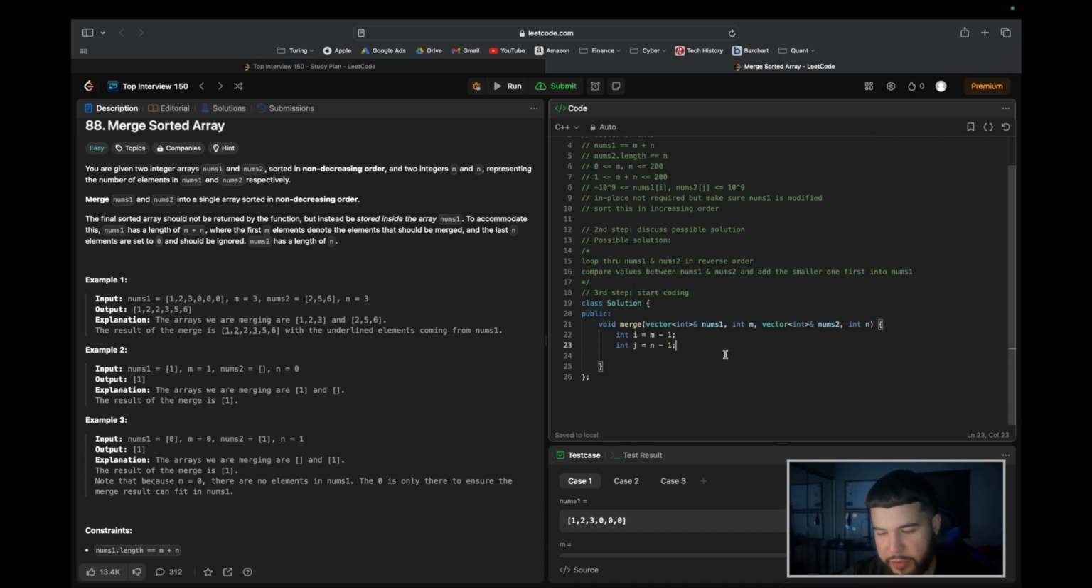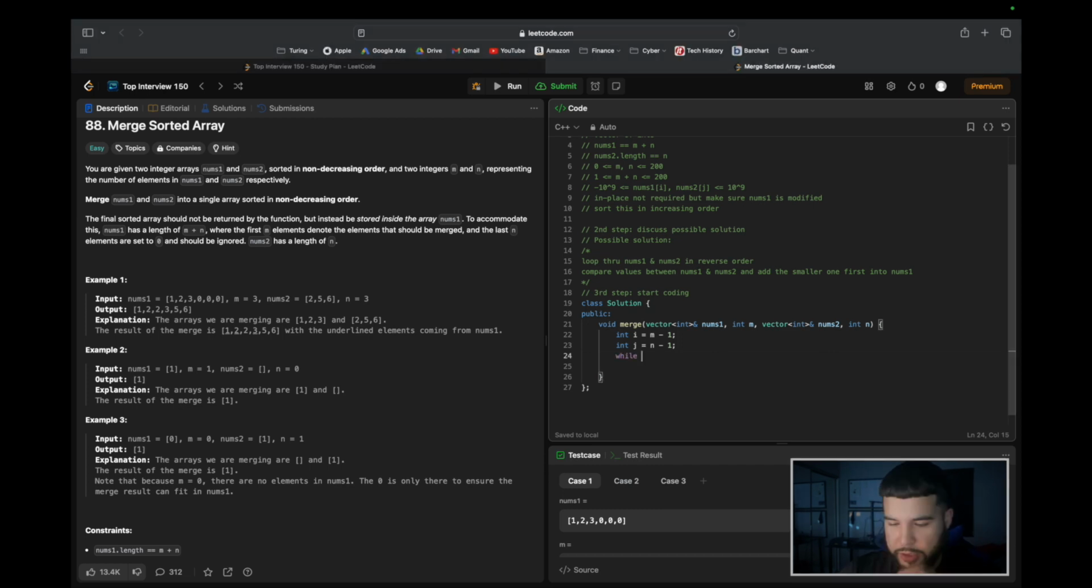I know it's using a vector. We could just use the size, but I'm assuming this wasn't meant to be a vector. I guess there's supposed to be arrays here. But anyways, let's continue. So we could say then, while i is greater than or equal to 0 and j is greater than or equal to 0, we need to do something. Do the comparison